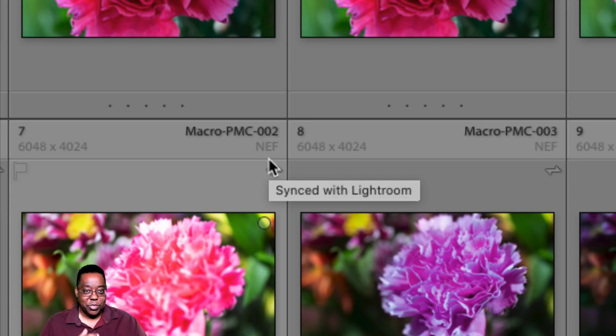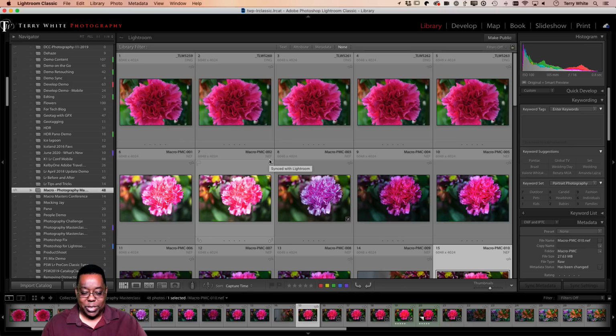So if you were shooting Canon, they'd be CR2s. Sony starts with A or AR or something. But anyway, whatever your native format would be, that's what they would be. So I get this question, well, you say convert to DNG when you're doing your import. How do you convert to DNG if you're shooting tethered?